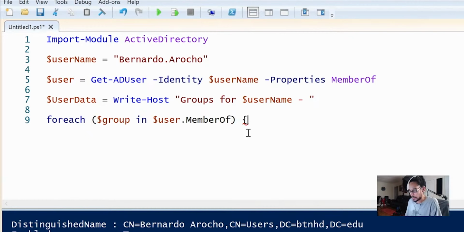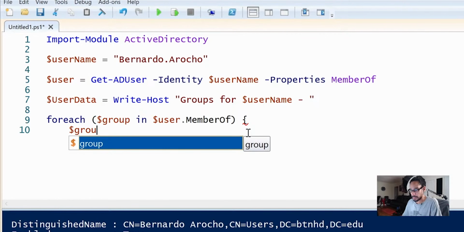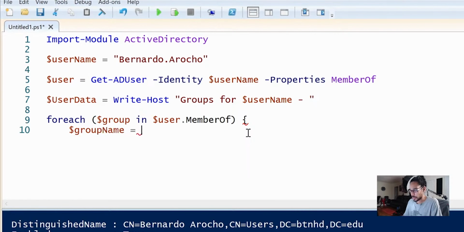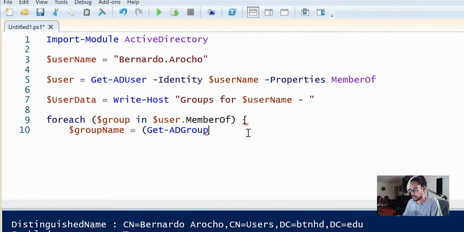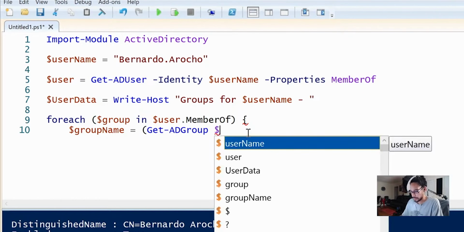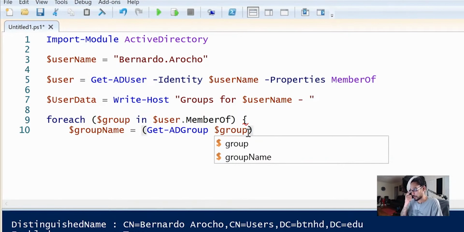Open the curly braces, I'm going to hit enter here, and I'm going to hit a tab, get fancy with the coding. We are going to declare another variable and we're going to call it $groupname, and we're going to set it equal to an open parenthesis, and we're actually going to use another Active Directory command called Get-ADGroup, space, and we're going to call $group, which is the variable that we have within our foreach, and we're going to close the parentheses.